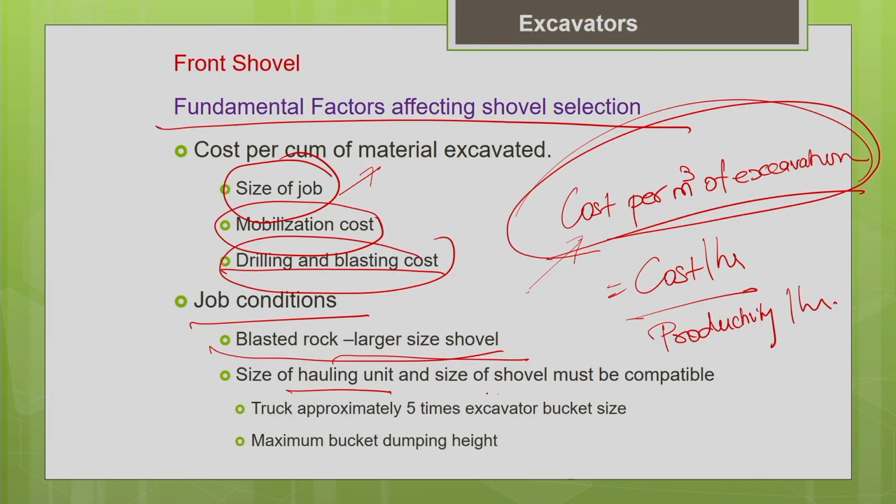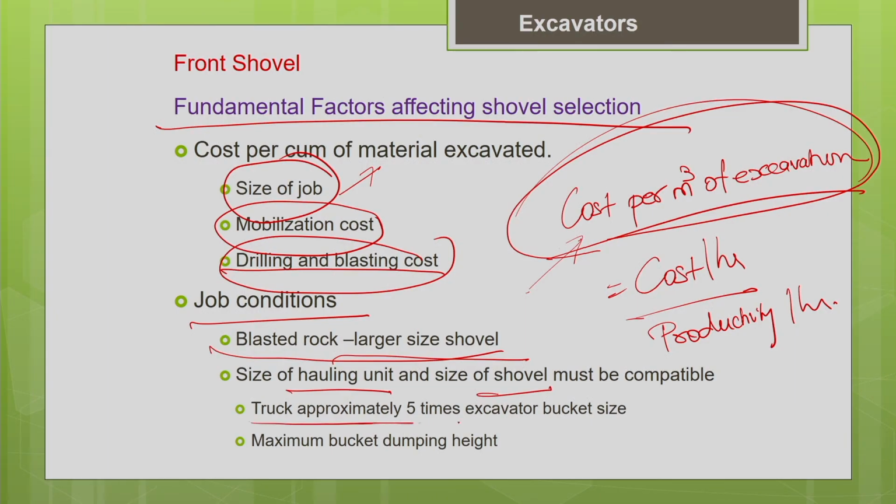And another thing you have to always keep in mind is that we have to balance the interdependent machines. Based upon your interdependent machine, you have to make the selection. As you know, you are hauling on a truck and a shovel, they must be compatible because they work in team. So you should not have a very big shovel and a small truck, or a bigger truck and a smaller shovel. In both the cases, you can see that there will be always some wastage of cycle time. So that will affect the productivity.